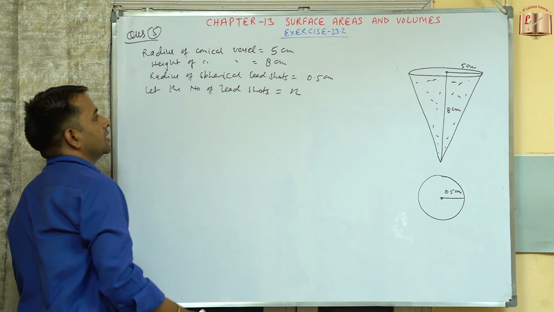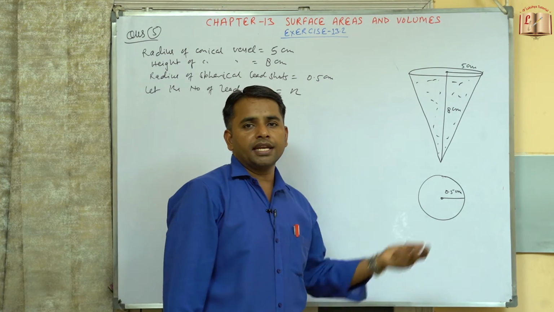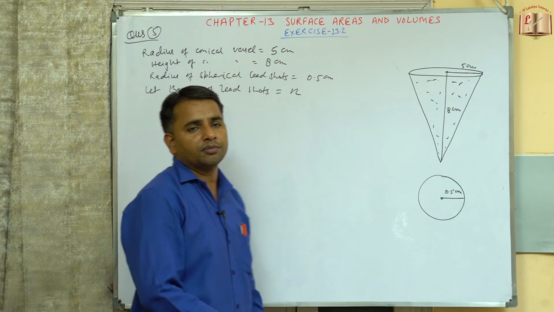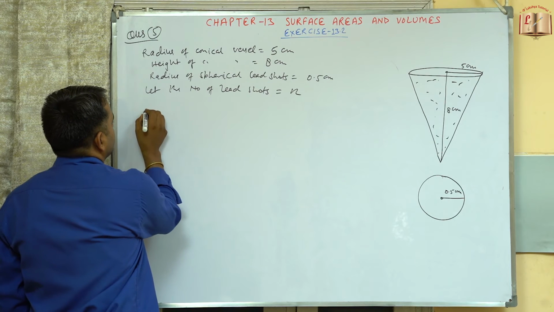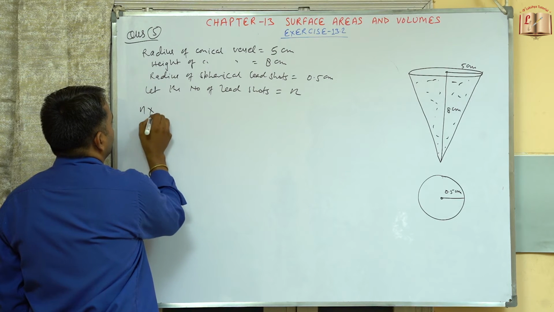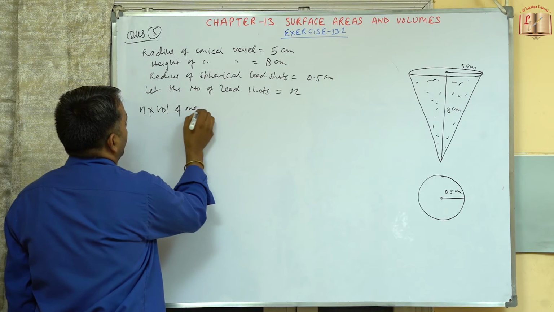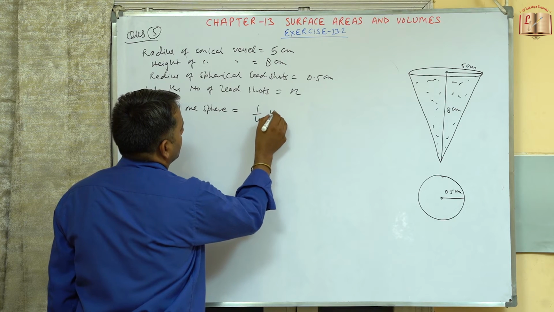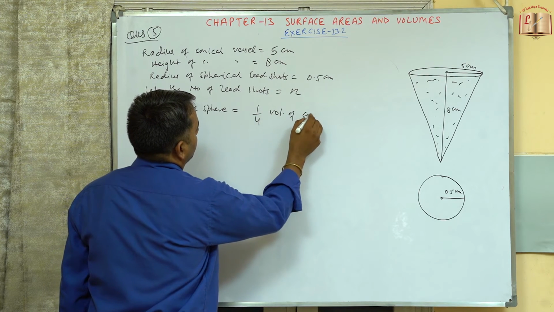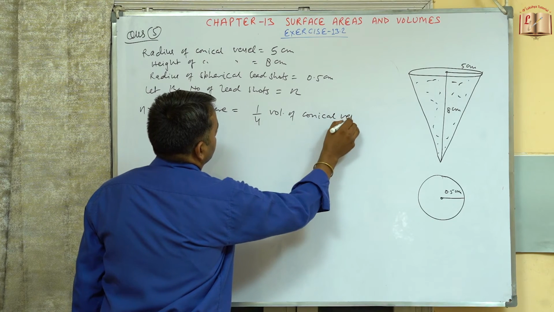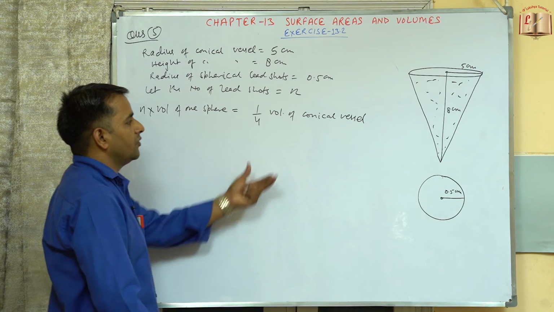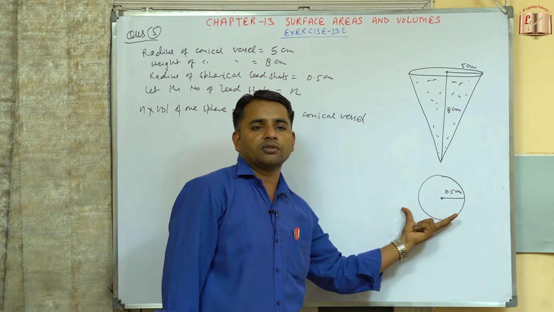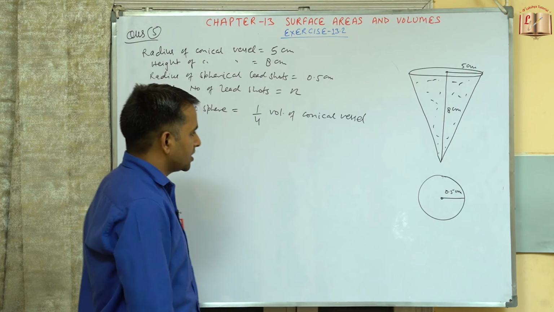Suppose अभी हमने consider कर लिया कि हमारी n number of lead shots होंगी जो इसके 1/4 volume of water के बराबर होंगी। तो अभी हमने क्या लिखा यहाँ से, so n into volume of one sphere will be equals to 1/4 of the volume of conical vessel. So conical vessel का जो 1/4 volume होगा, because 1/4 ही तो water निकल के आ रहा है, वो 1/4 volume किसके बराबर होगा, equal to the volume of the lead shots.